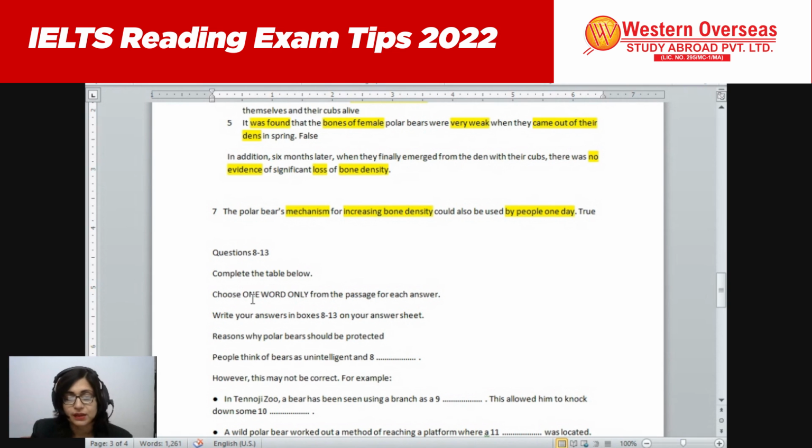Whenever we talk about fill in the blanks, it is important to check the grammar. Grammar means prepositions, articles, subject verb agreement. These terms will help you to find out the correct answer. Because in reading fill in the blanks